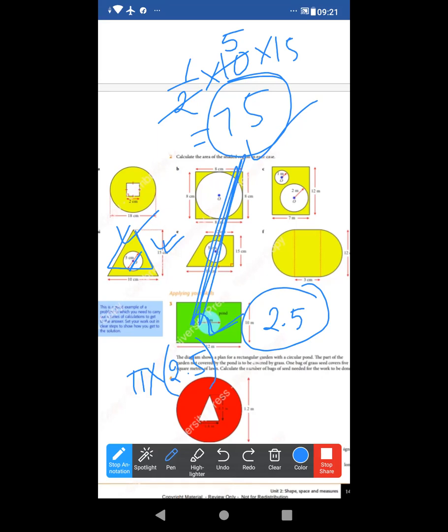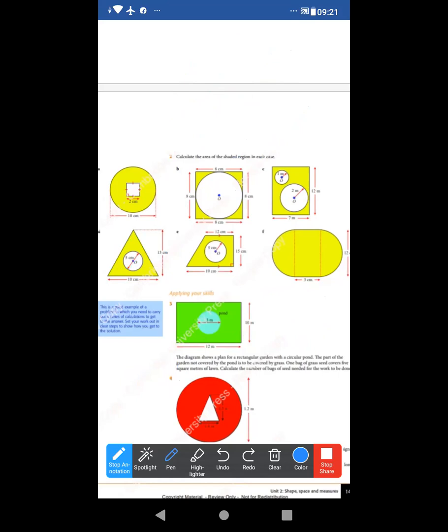Now you will complete A, B, D at home. Those who have completed right now, that's good. Those who have not, they have to complete it at home. Today I'll complete this exercise. So all of you listen to me very carefully. Now look, number E. All of you draw the figure of number E in your copy first.